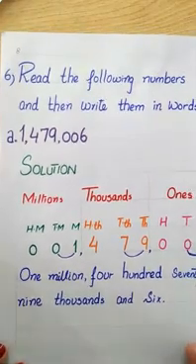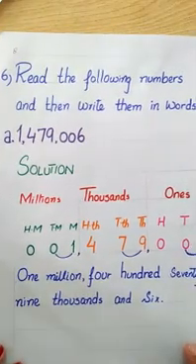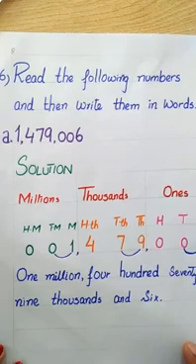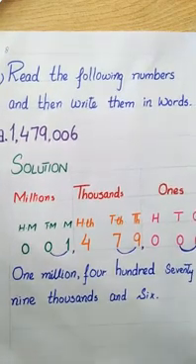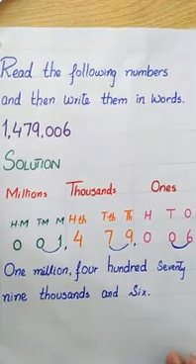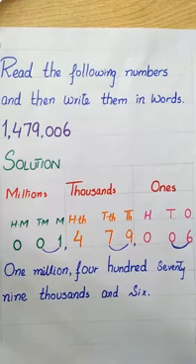After this, we are going to do the question number 6. Question number 6 is: read the following numbers and then write them in words. This is the type of question in which we mention the place values. Place values आप mention करेंगे, then you can write them in words easily. Words means spelling के form में हमने इस question को अब mention करना है.